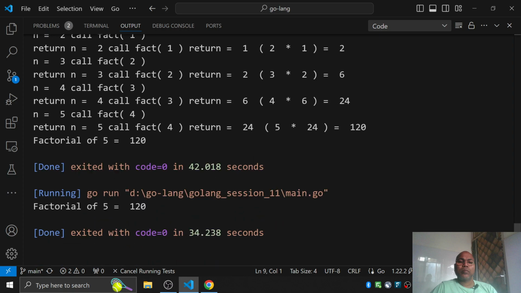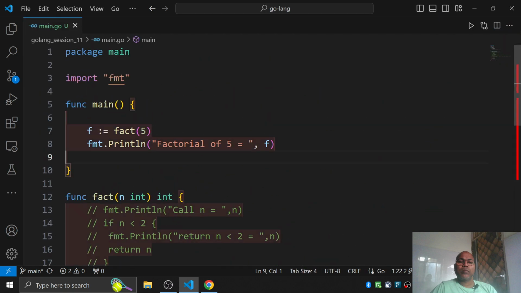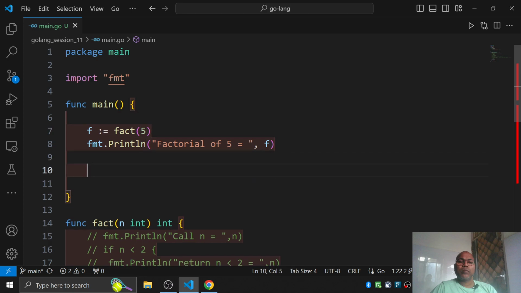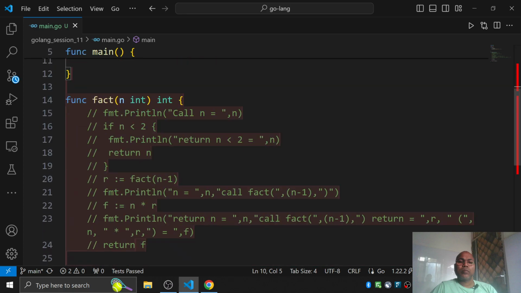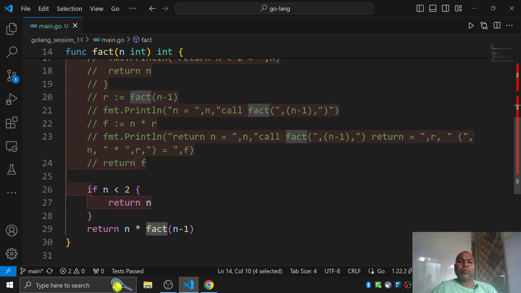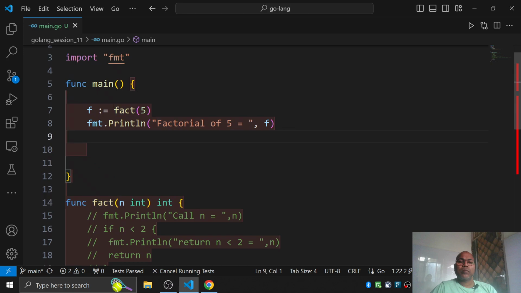So notice here I am getting the same output which I was getting previously. That's good. So let's talk about one more point. Similarly, you can have many functions that you can call. Notice here the factorial function: we are calling it by the name factorial function, and it has its business logic. You can even call a recursive function,